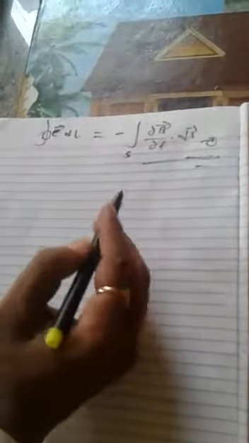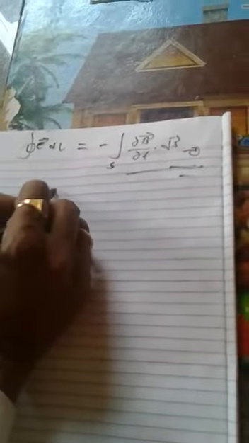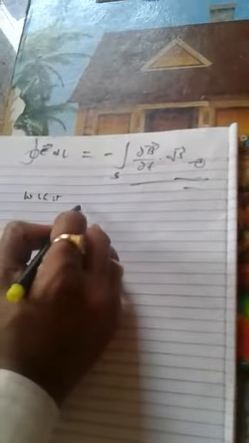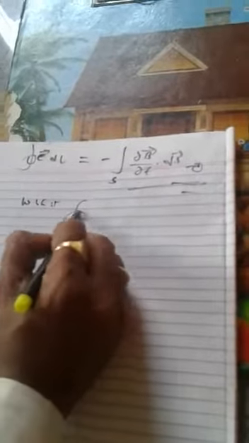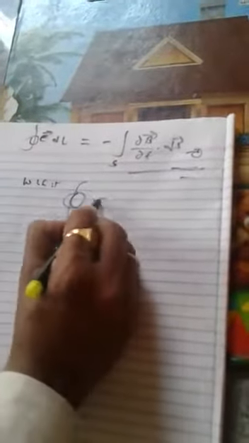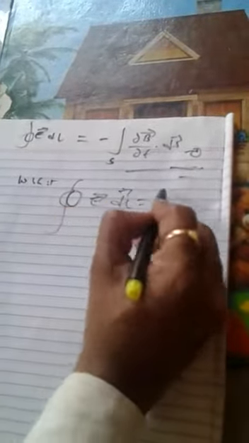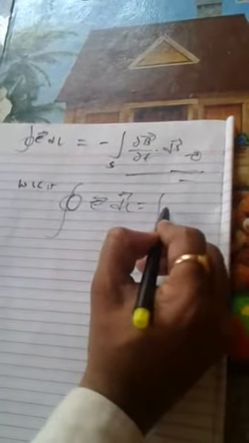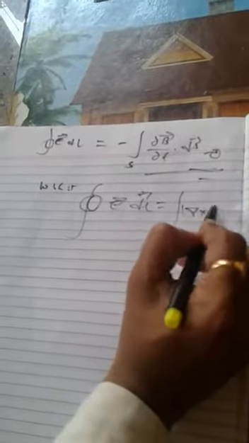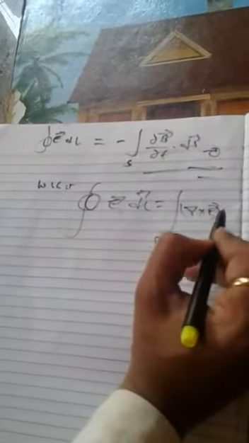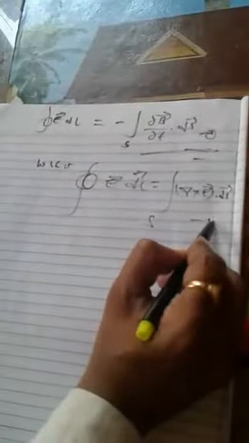What is the point form? We now take Stokes' theorem. The statement of Stokes' theorem: for a closed loop, the line integral of the electric field along its length is equal to the integral over the surface of its curl, del cross E, dot the element ds. This is Stokes' law, which we call equation 4.